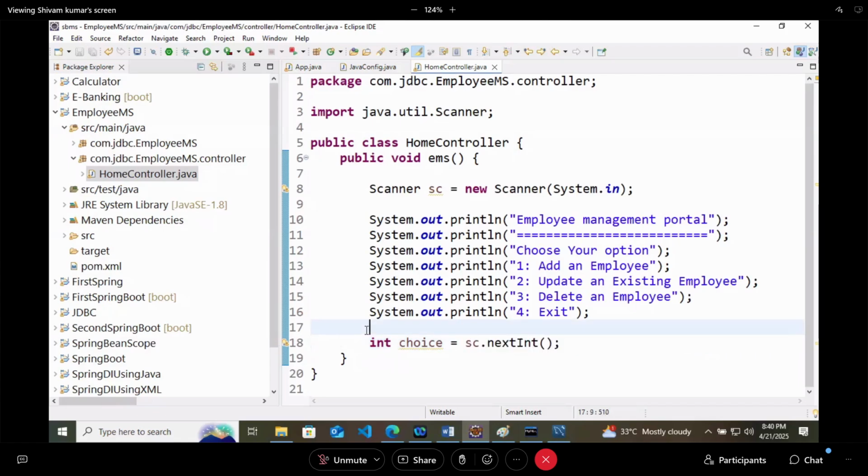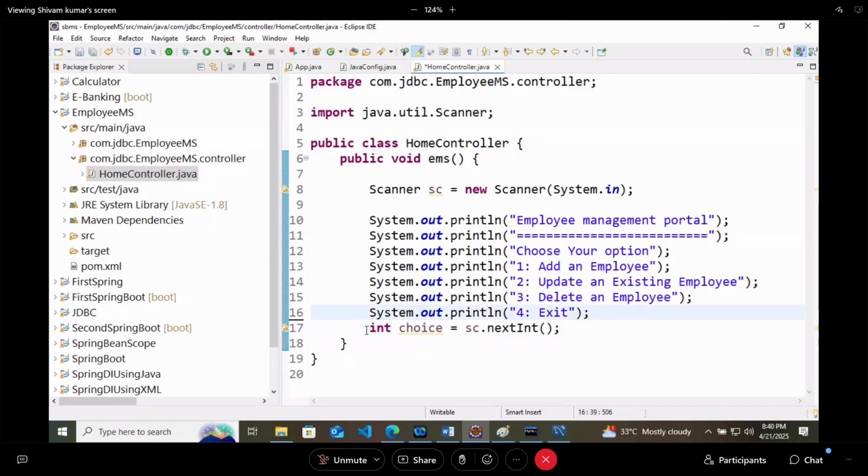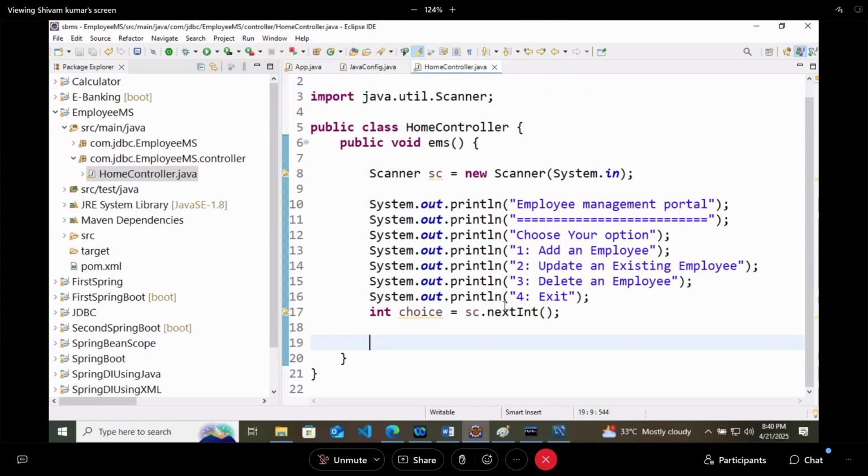Now on the basis of what the user is choosing, we will do the operations. You can use a switch statement, or we can use if else. But at first, let's use switch only. So I will use switch, and this switch will work on the value of choice.